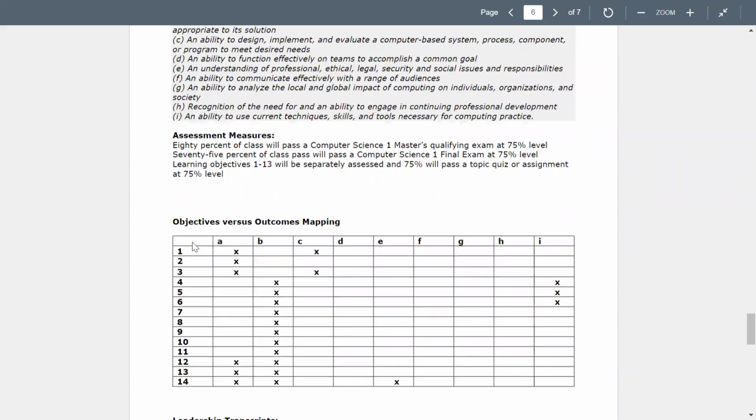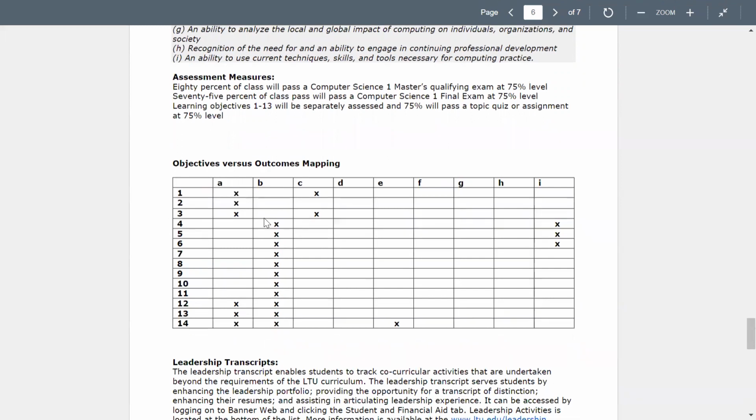This table lists the objectives that we have in this semester. Let me see this. 80% of class will pass exam.